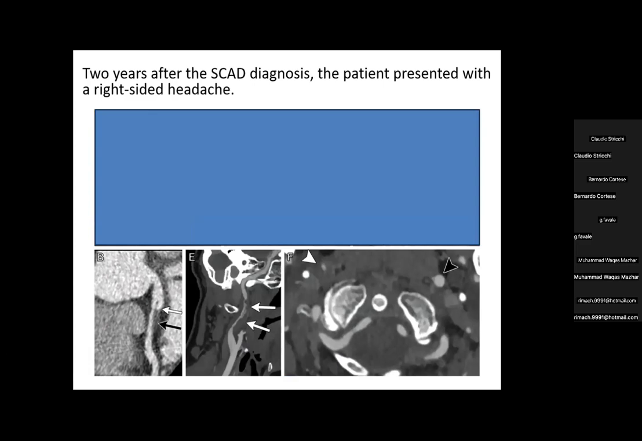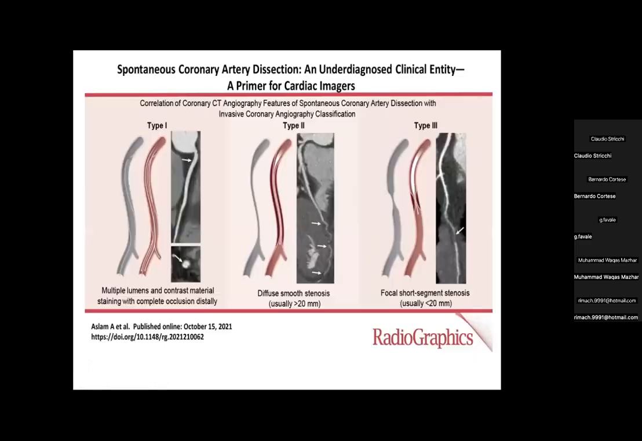So they did an angiography of the internal carotid artery, which also shows a dissection in the right internal carotid artery, as we can see in picture E. It's a very important topic: the correlation between coronary CT angio features of spontaneous coronary artery dissection and invasive